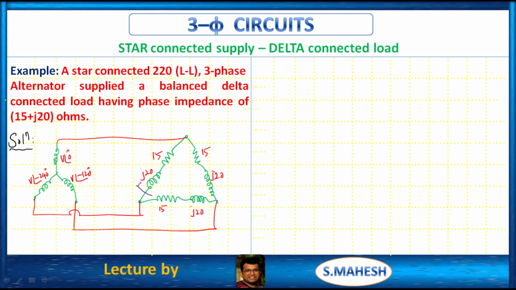This is impedance, right? This is impedance, that is Z at an angle theta. We are having 15 plus j20, 15 plus j20, 15 plus j20. So the load is balanced, right? We all know that